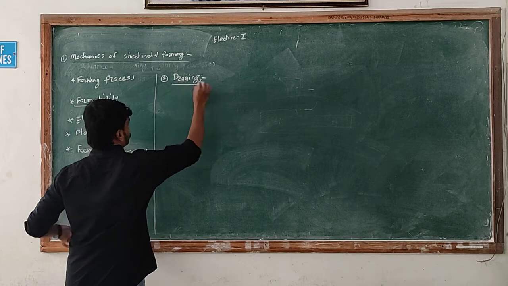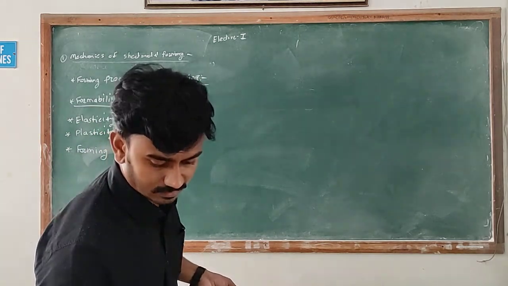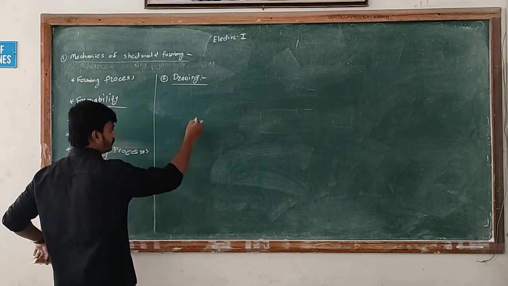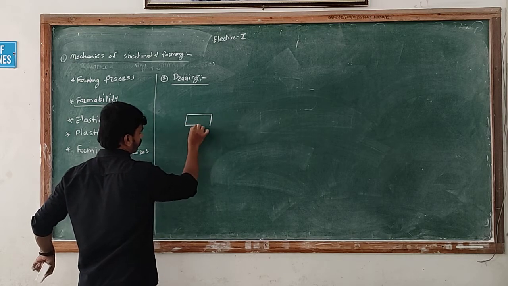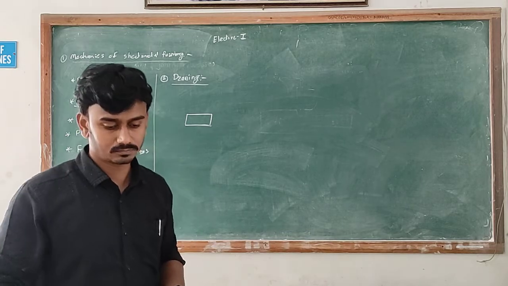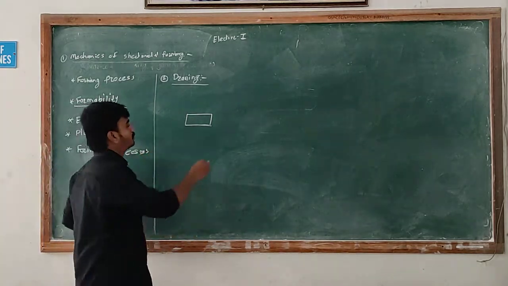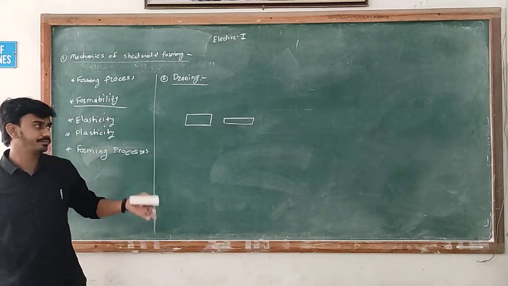The second forming process is drawing. So what is meant by drawing? Suppose this is my sheet and I want to convert this sheet into, suppose like this, I want to flatten it, then